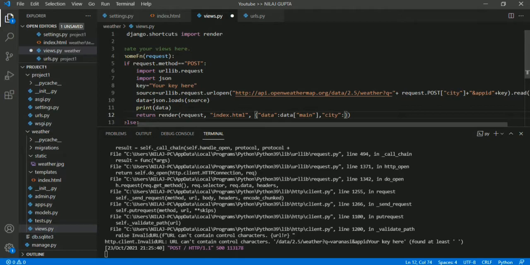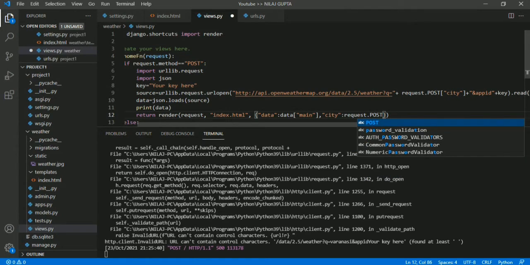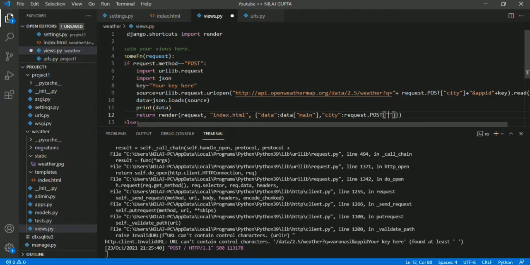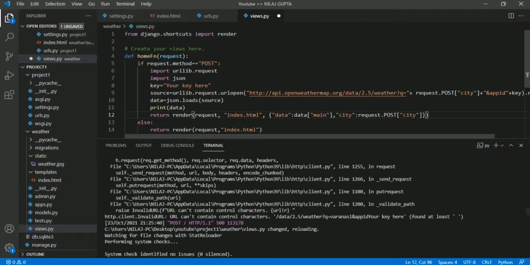City: request.POST and city. And now my views.py is completed. I will enter my key here, you will enter your key here, and wait, I forgot to add equal to here.